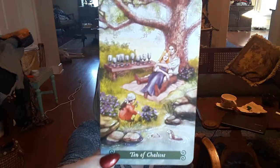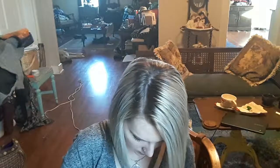10 of Chalices. I'm wondering if I can find a... In this deck, they have different names for some of the major arcana, like Lord and Lady, and they have the Earth Mother and the Earth Father. I just can't find a higher or major arcana right now. Just kind of annoying. And so it's more of a Wiccan sort of take on tarot. So kind of it stems off of